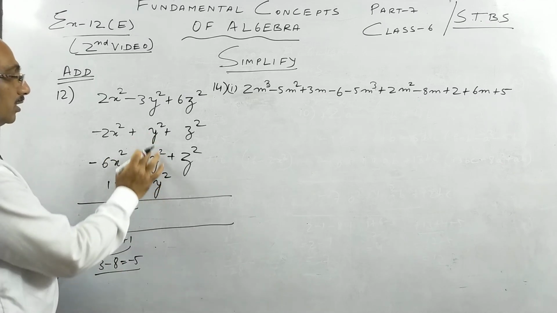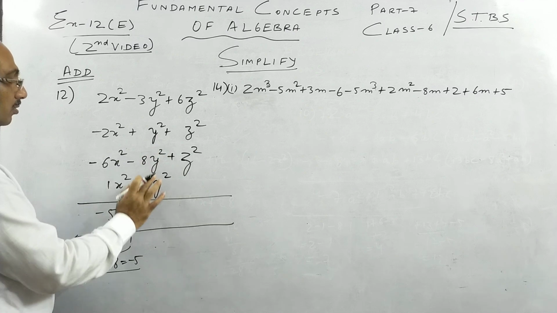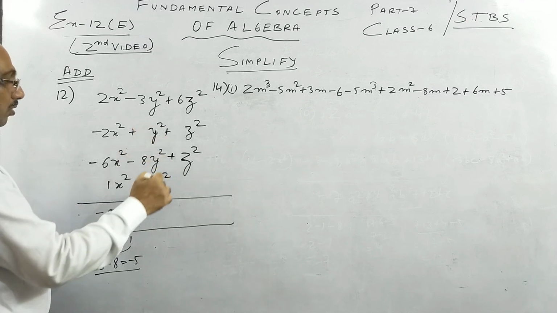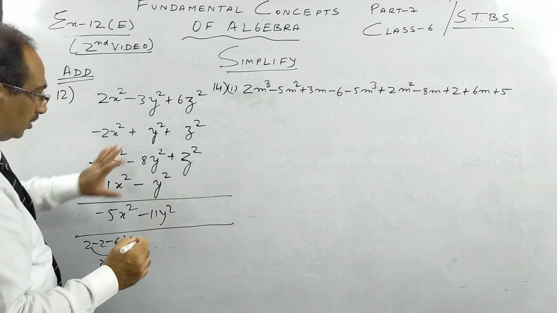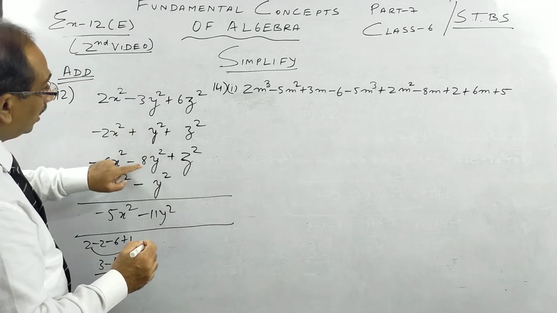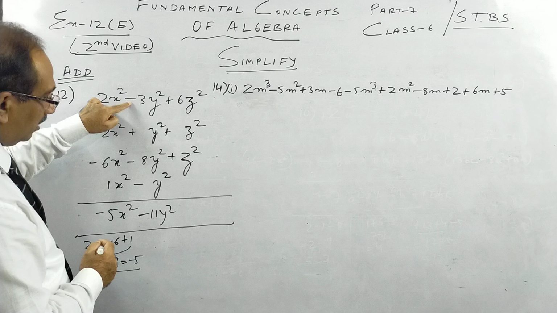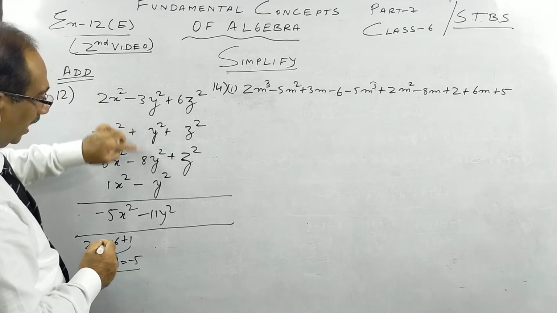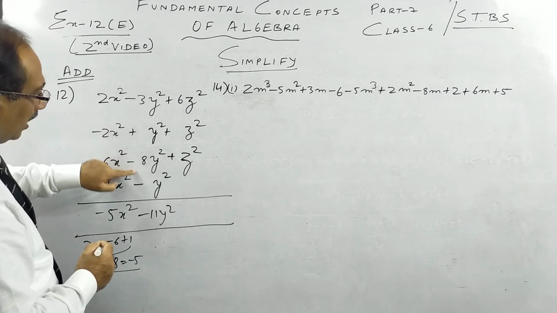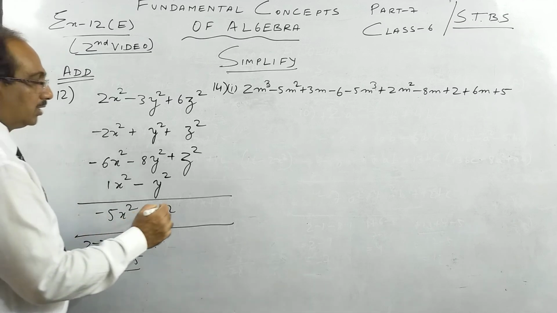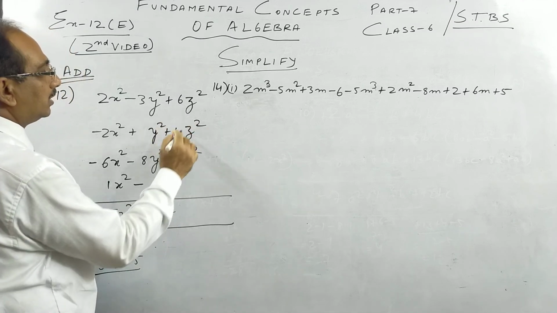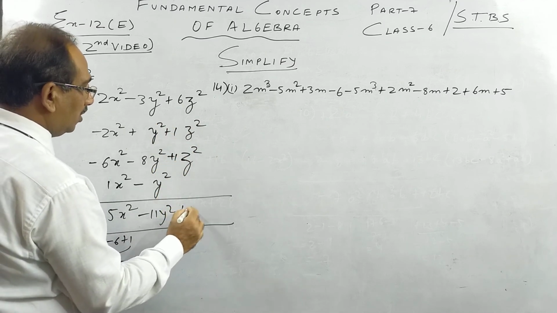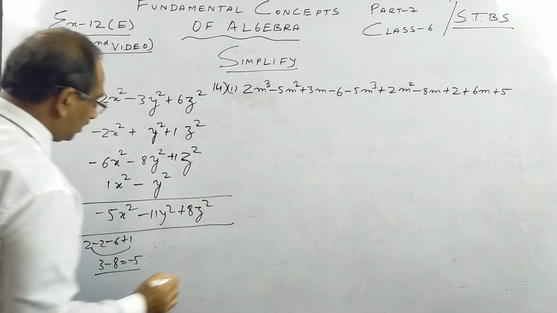So here plus and minus you can already cancel. If you think you can cancel it, but better don't cross it here. Minus 8 minus 3 is minus 11y square. So these two cancel each other, children. And these are added. Minus is added with minus, and the numerical values you add. Minus 8 minus 3 is minus 11, and it is minus. The last one we have is z. 6z square plus z square plus z square. So we have 8z square.